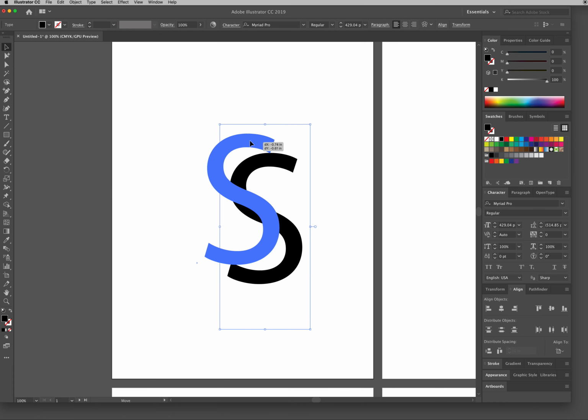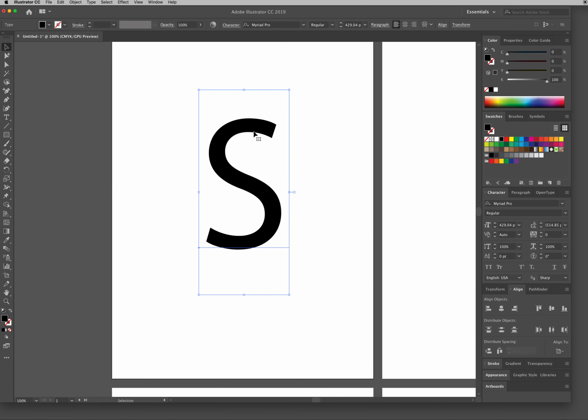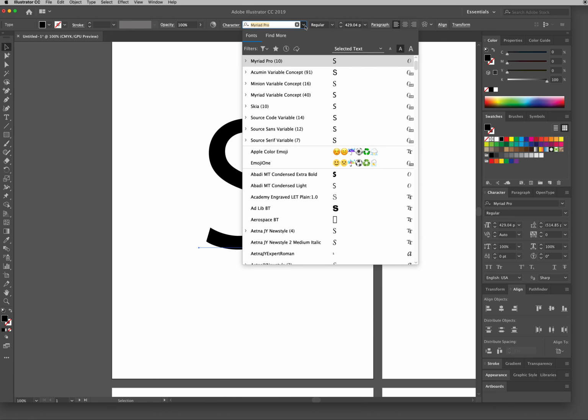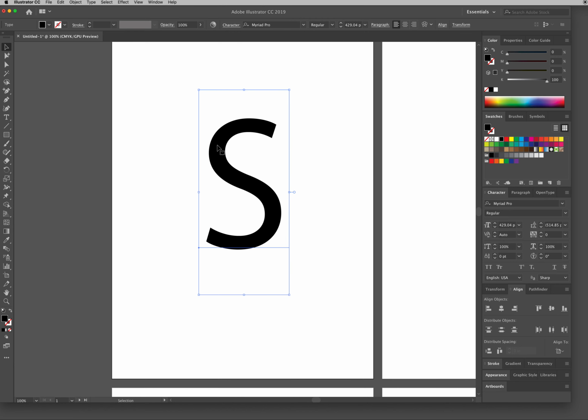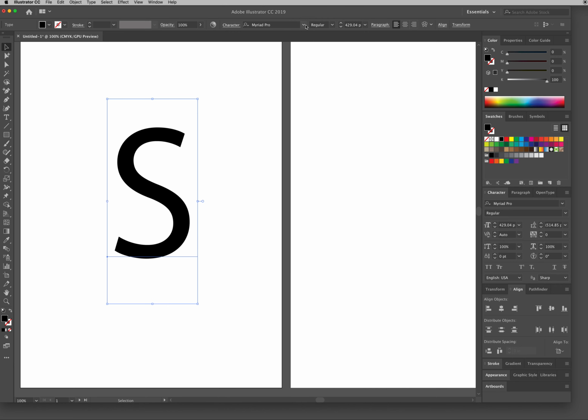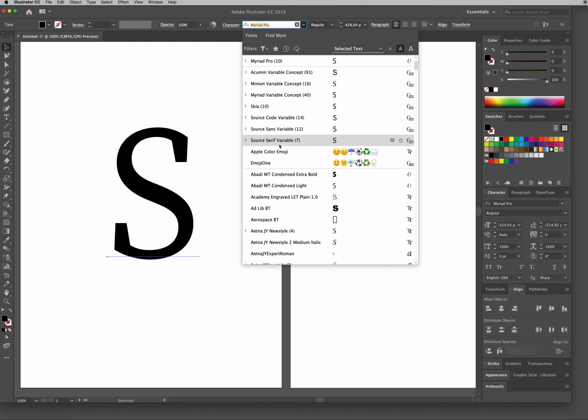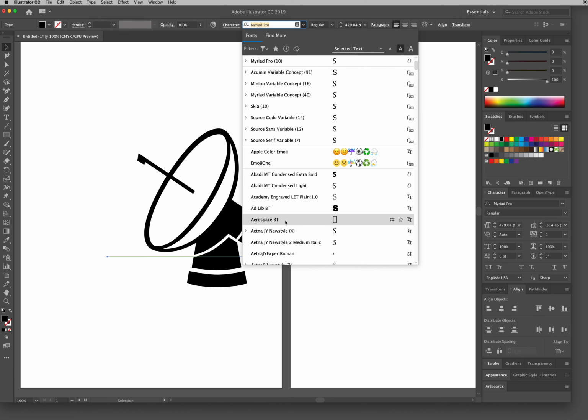All right, now I'm going to take this and move it around. Now I can keep that letter form, but that letter form's not that interesting to me. So I'll go to my characters and see if there is another letter that is a little more interesting. Oh, that's interesting. Wow, look at what I drew.